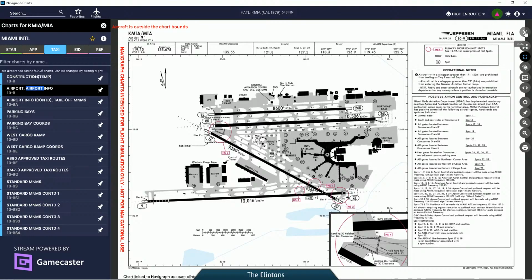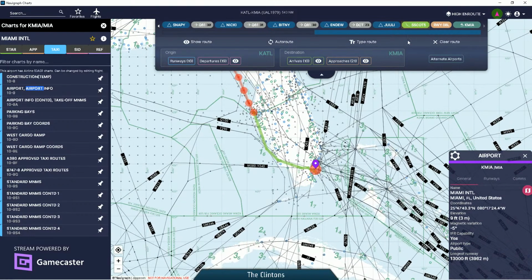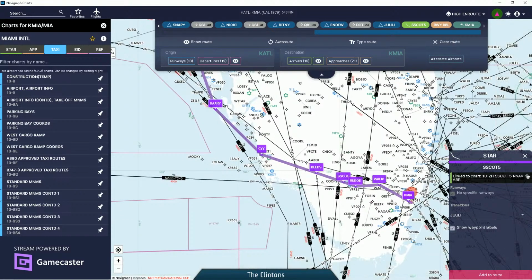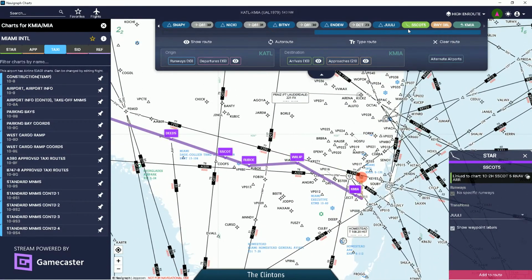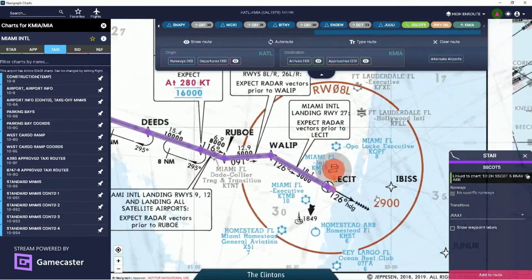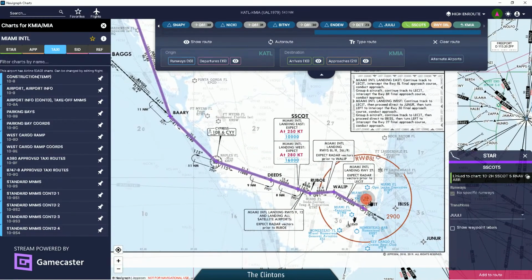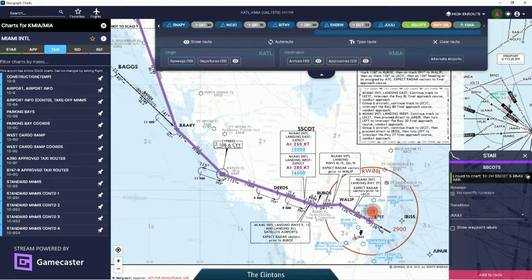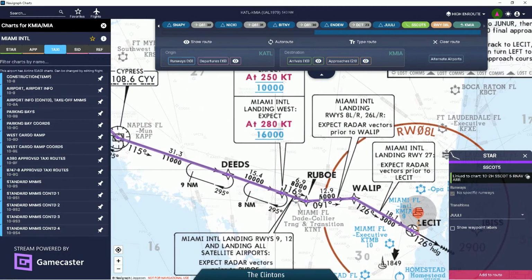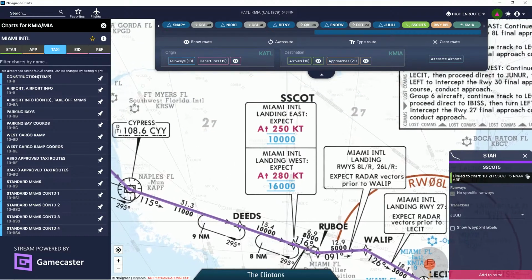All right, so let's look at our arrival again, Scott 5. Let's look at our arrival. All right, and then let's put our map over top of that overlay. All right, so coming into Miami for 08 left. Let's see what we have. All right, so landing